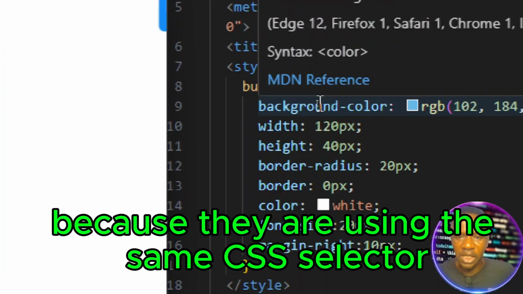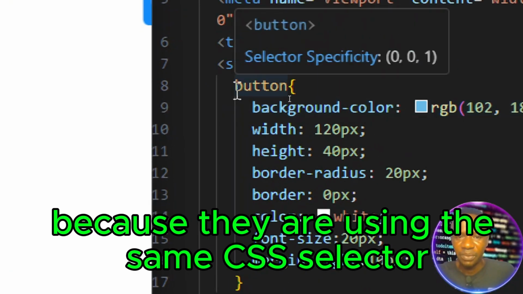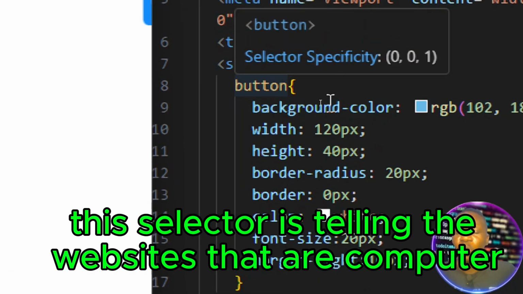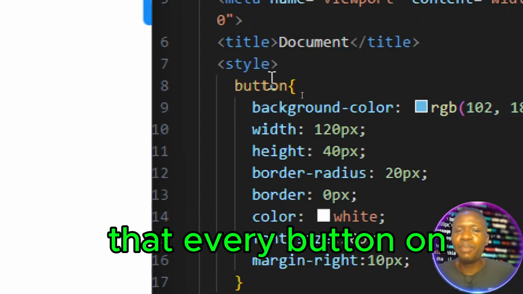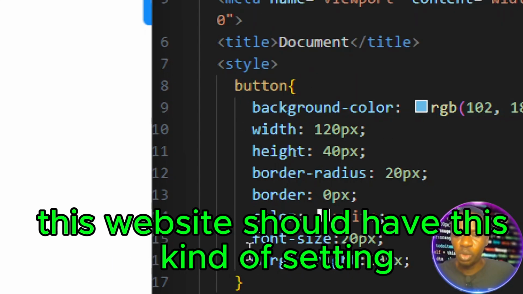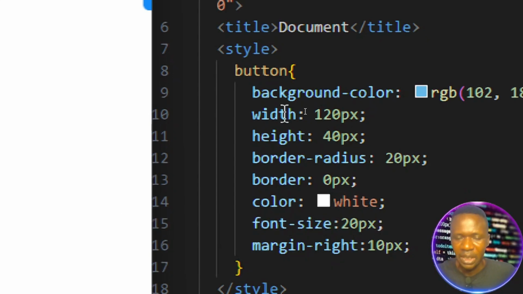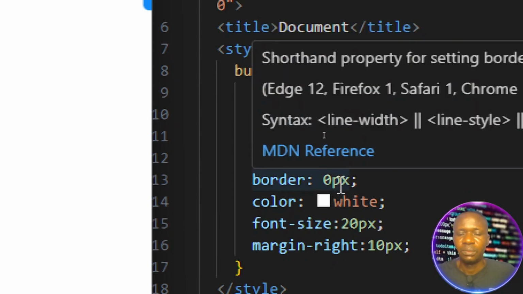Because they are using the same CSS selector. This selector is telling the website, the computer, that every button on this website should have this kind of setting, and that's not what we want. And then